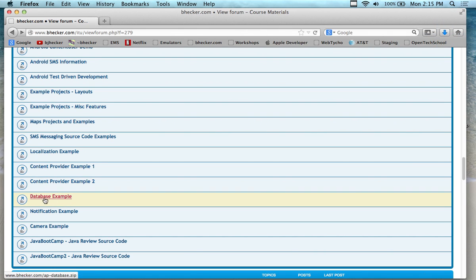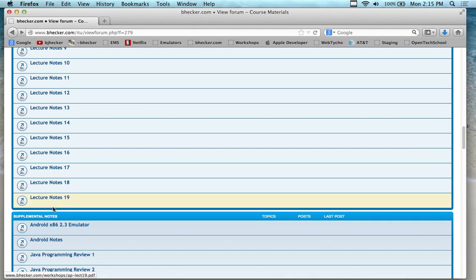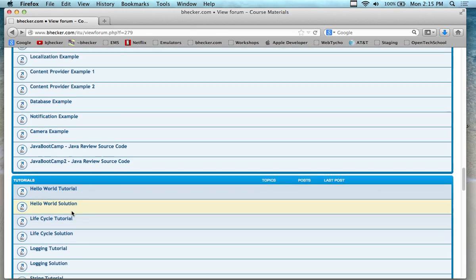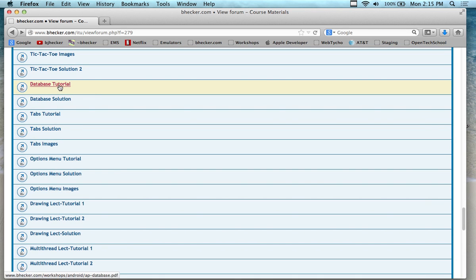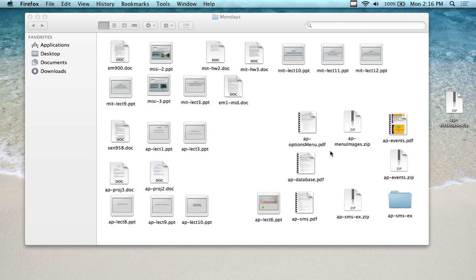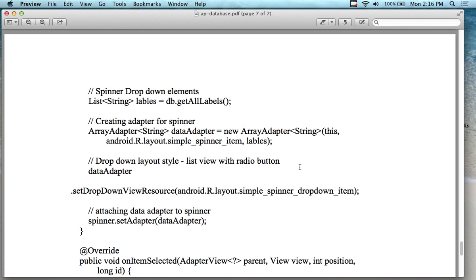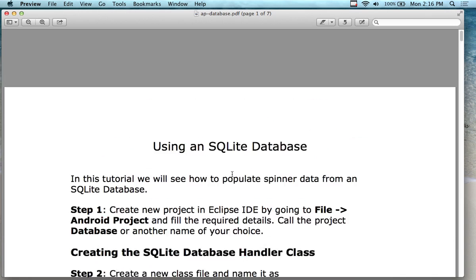So if you're downloading stuff, take this one here, database example, from the supplemental notes section, and then in the tutorial section, database PDF file is this one. And the database solution to that one is here. You want both because sometimes cutting and pasting from the PDF file isn't going to work for you. So we'll see how the cut and paste works today, but haven't had very much luck lately with that. So, all right, if I open up the database example,